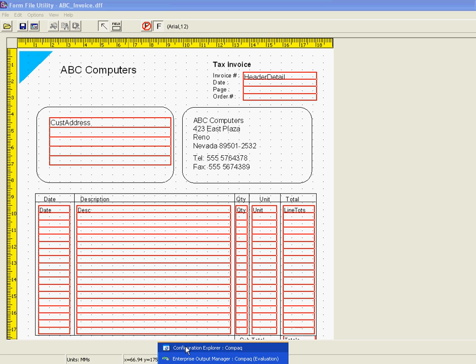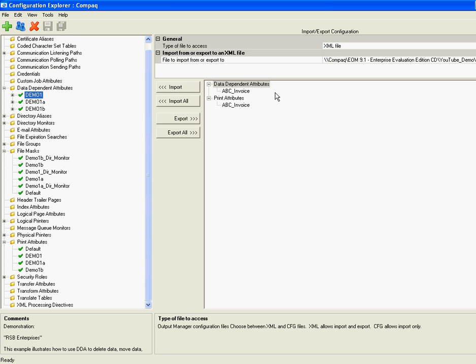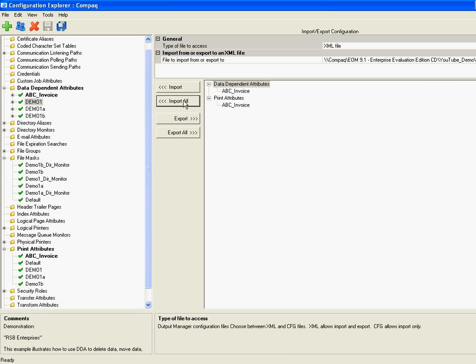We will now go back to Configuration Explorer. This is where we start putting in the code. So the first thing we have to do here is to import the configuration I've given you. There it is, ABC invoice demo, and what I've given you is the data dependent attribute and the print attribute. So we do an import all,